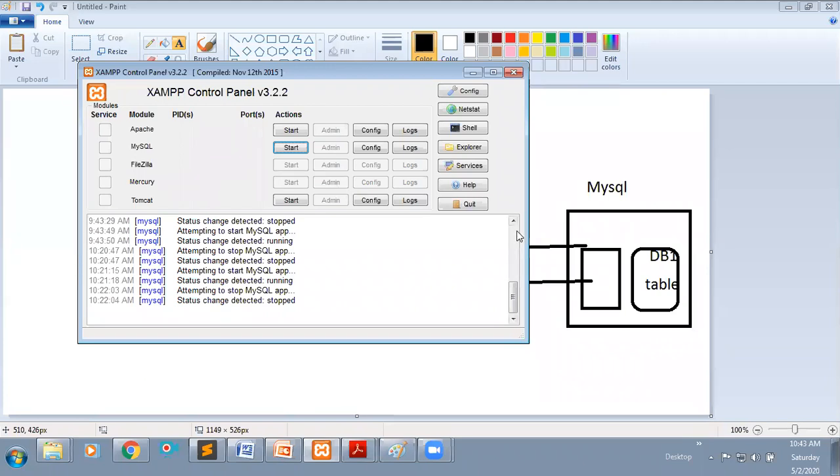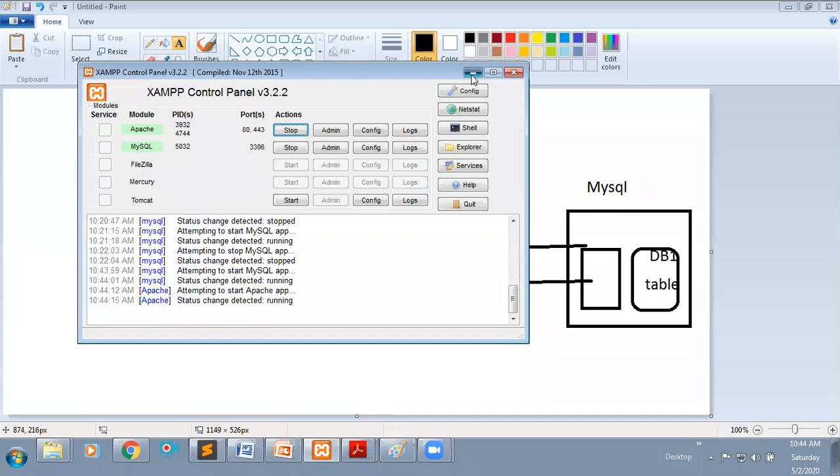I want to use this MySQL server, so just start your server. If I click on start, now your MySQL server is started. If you require to start your Apache server also, you can start it from here by clicking on Apache. Now it is going to start. As of now I require only MySQL, because I am going to do some operations within this MySQL server.